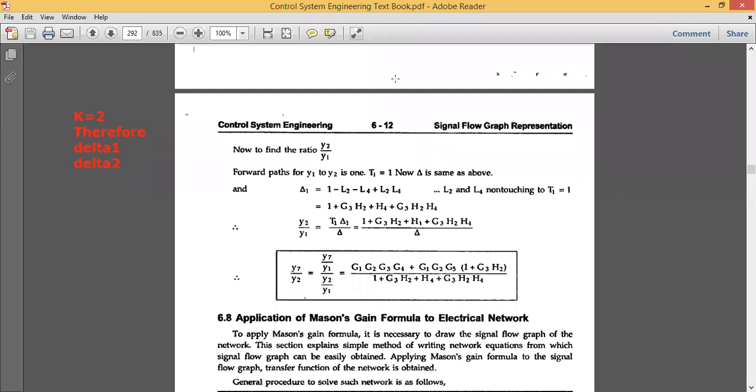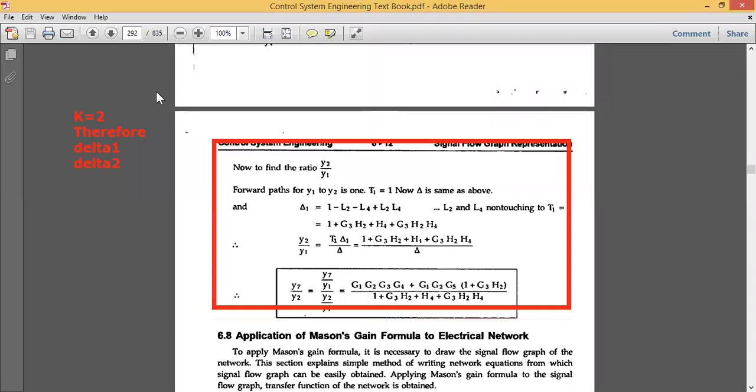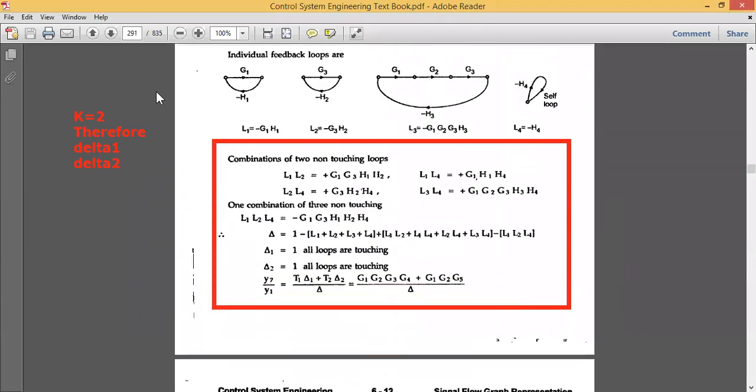Let me make it clearer: this concept is the second part of the given problem. Don't get confused with the second part of the problem. You can even end your problem here only. That is the overall transfer function. Overall in the sense, leaving not even a single node, starting from y1 ending till y7, you can consider them as the overall transfer function. So the overall transfer function is given by y7 divided by y1 is equal to this value.